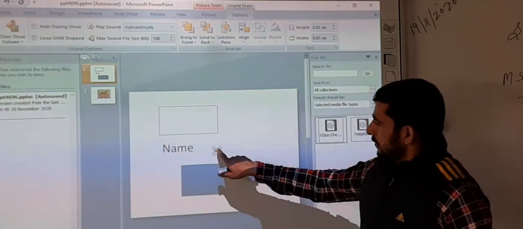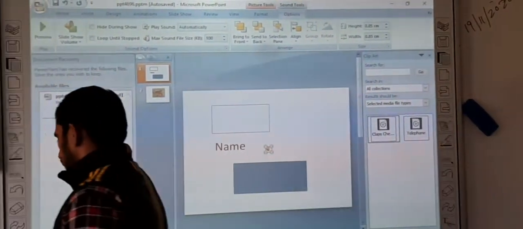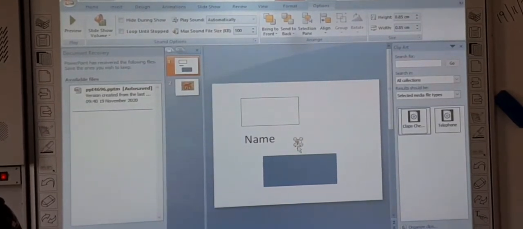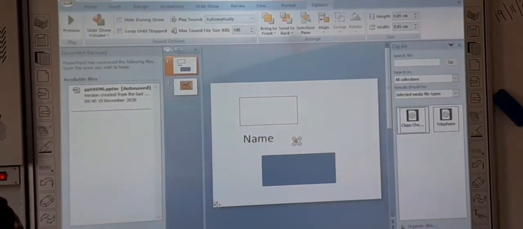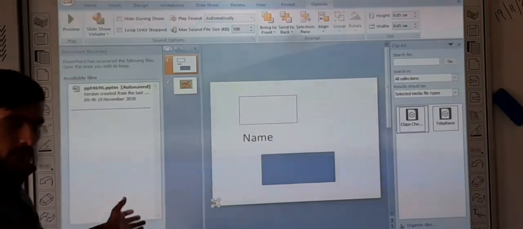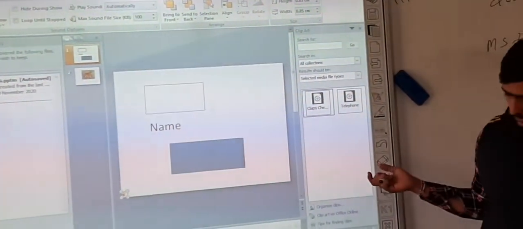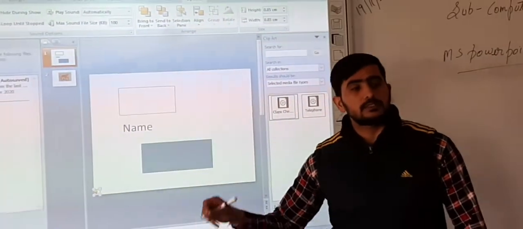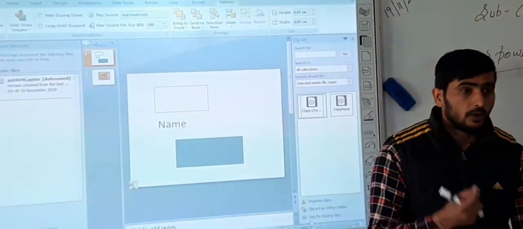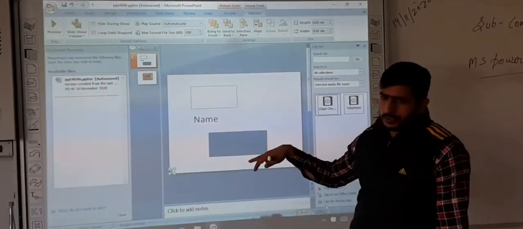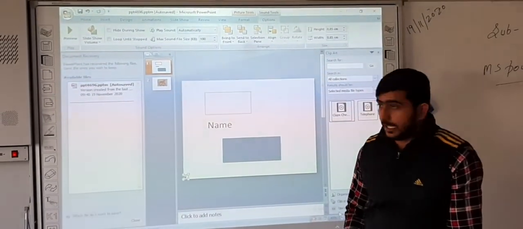If you want, you can drag it to the corner or somewhere else, so that you can put it inside or at any corner. So that means we have inserted the sound, and it should be played automatically. Understand? Now the next thing is, if you want to put that sound into the slide